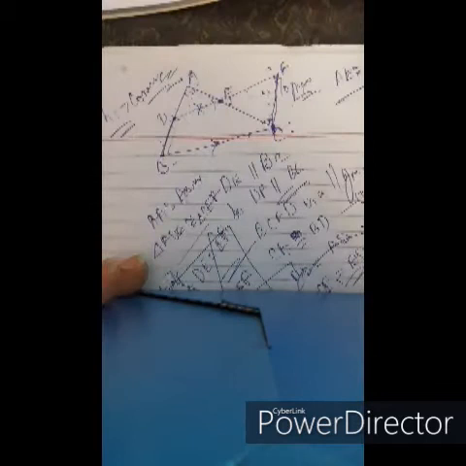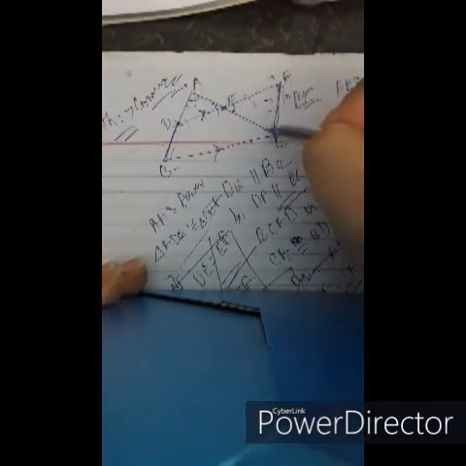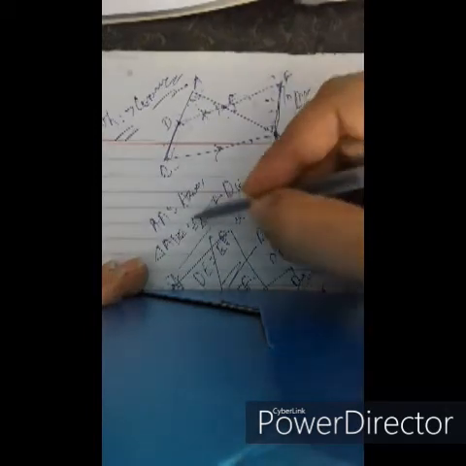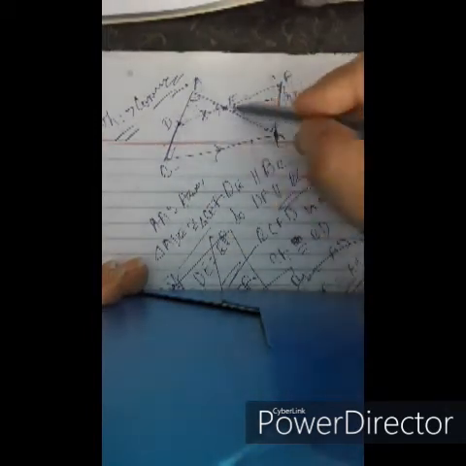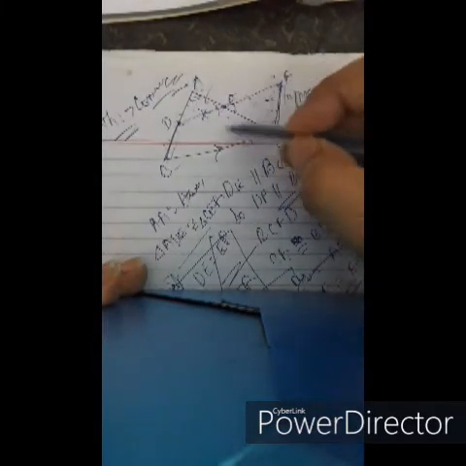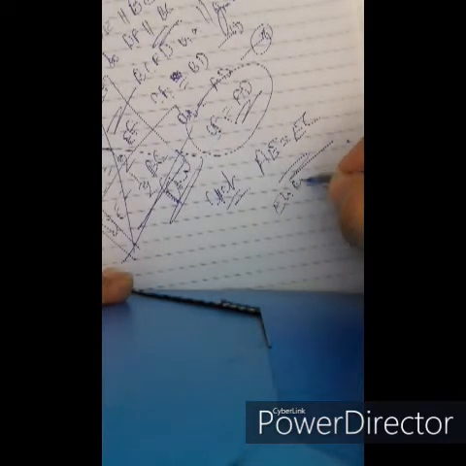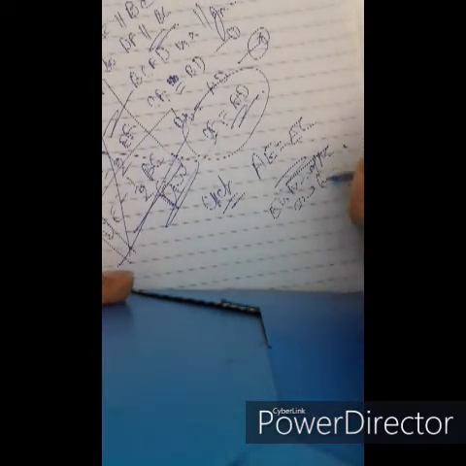After proving the congruency of these two triangles, triangle ADE is congruent to triangle CEF. So by CPCT we get AE equals EC. Hence E is the midpoint of AC and bisects it. Hence it is proved. Again I'll repeat it.